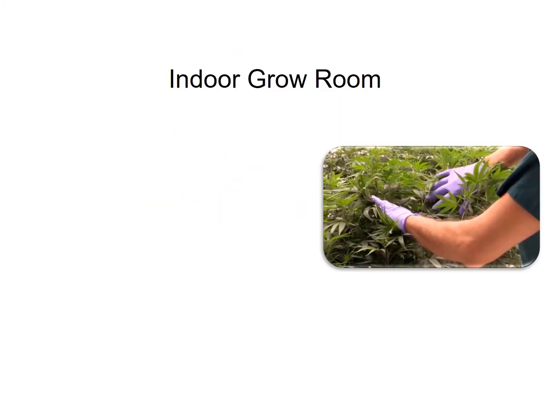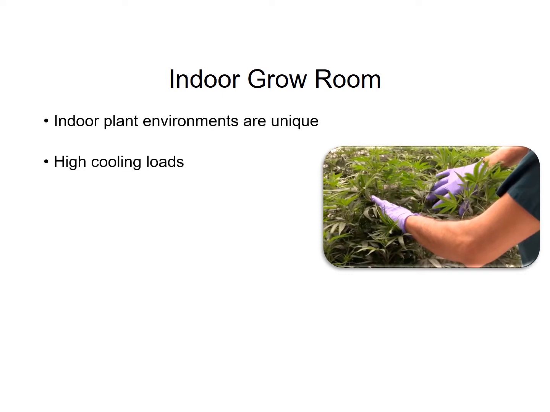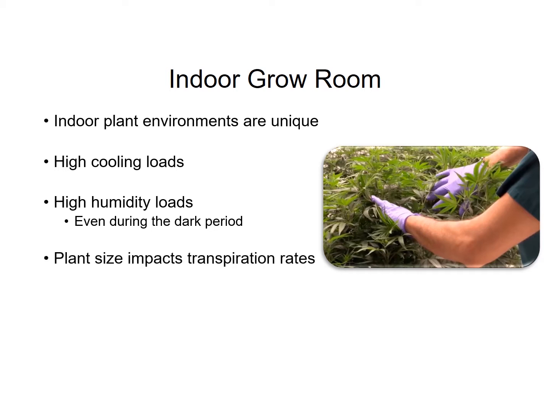Plant environments are very different than other applications, though lighting creates very high-intensity cooling loads during the photo period. During the dark period, there is no cooling load, but humidity is still being introduced. The plants transpire varying amounts of moisture as the plants grow. Precisely controlling the zone room conditions while these changes are occurring is a challenge.